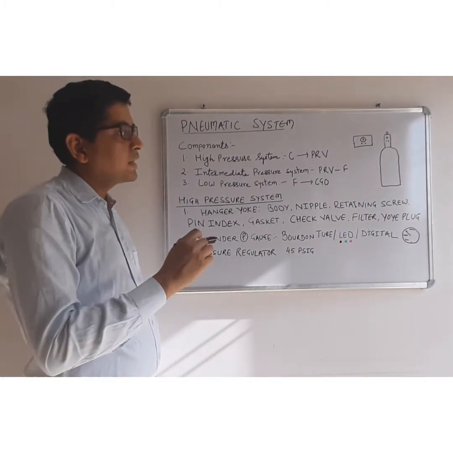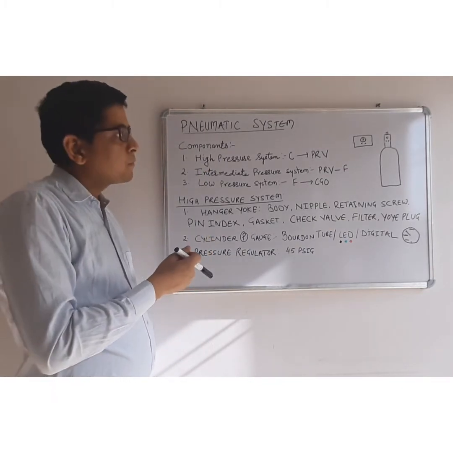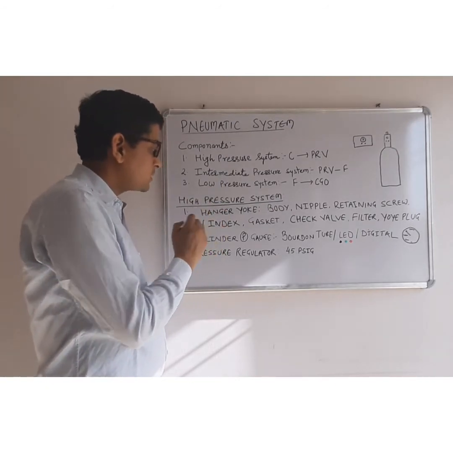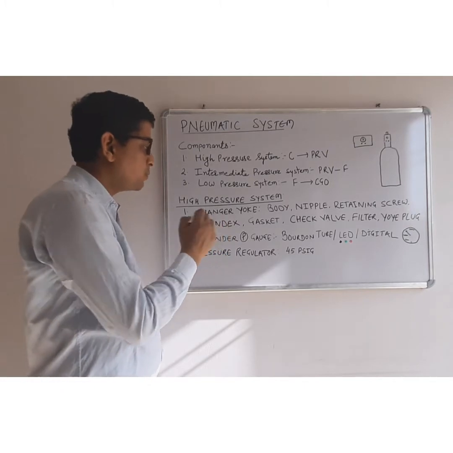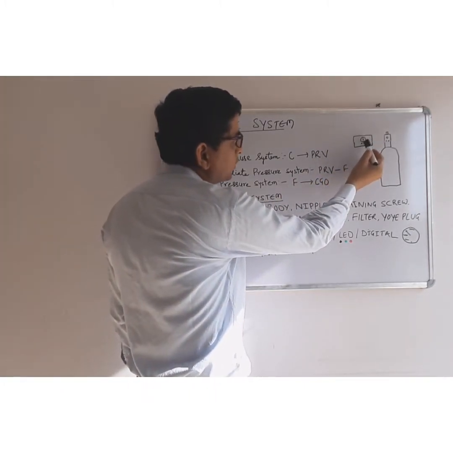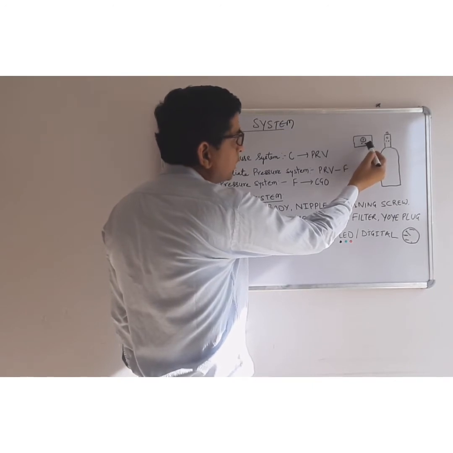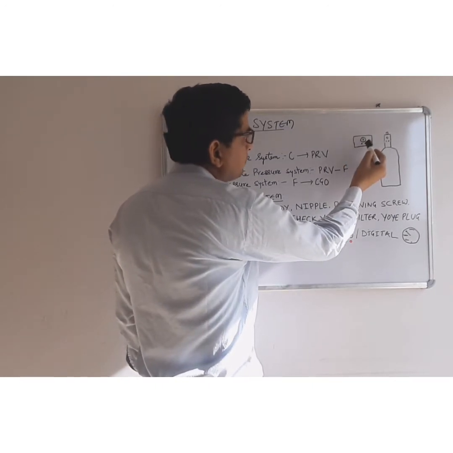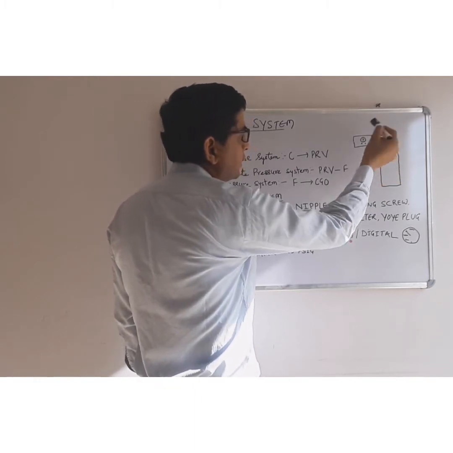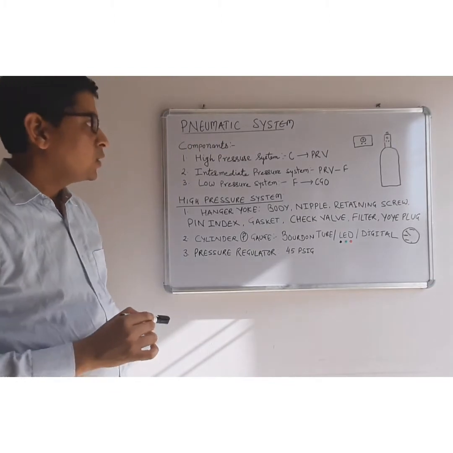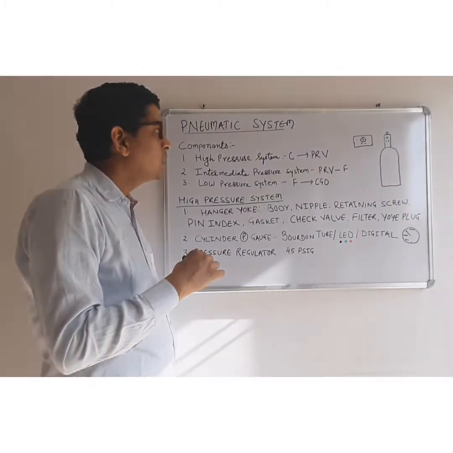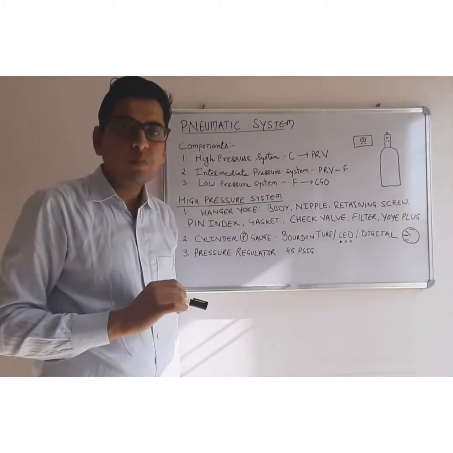Now third part is retaining screw. Retaining screw tightens the cylinder against the nipple, while the next part is pin index or pins for pin index system. These pins are situated below the nipple. These are 2 in number. So these pins get attached with the holes situated on the body of the cylinder while we attach the cylinder with the machine. So while we are attaching the cylinder with the machine, we must see the presence of these pins.